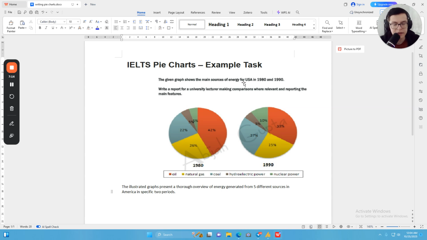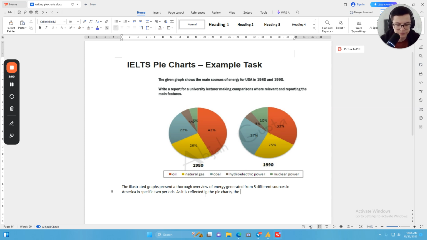So, and I have to also add an extra detail just to increase my word count and also add more sophistication to my writing. So, as it is reflected in the pie charts, I would start my next sentence just saying, as it is reflected on the pie charts,